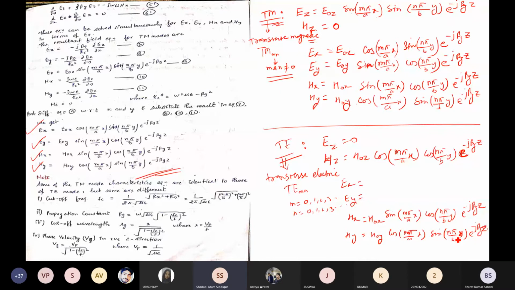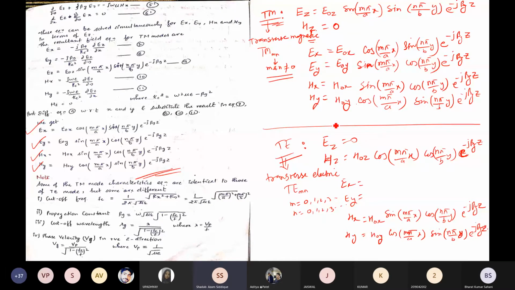So you will say, sir, why we have not taken minus? Because the differentiation is minus sign. It is associated with H naught y. So whatever the thing will be there, that will be multiplied with H naught, and that will be written as H naught y. So no need to worry about that sign convention and the constant term. All these terms will be associated with this one.